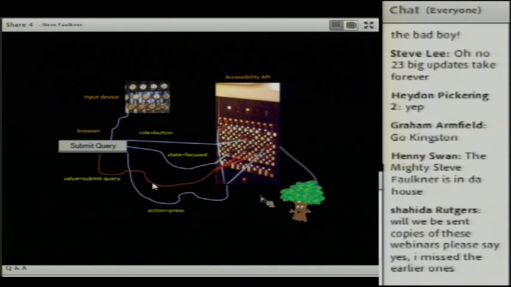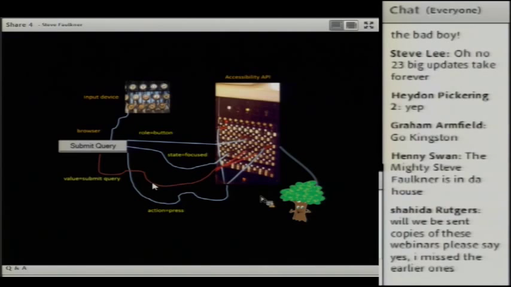And the button also has a role and states and properties associated with it, which are hooked up to the accessibility API here. Things such as role of button, state of focus, the value. In this case, for a button, the value becomes the accessible name in the API, which I'll show you a bit later. And this is the default value that is assigned when you don't actually define any for a submit button.